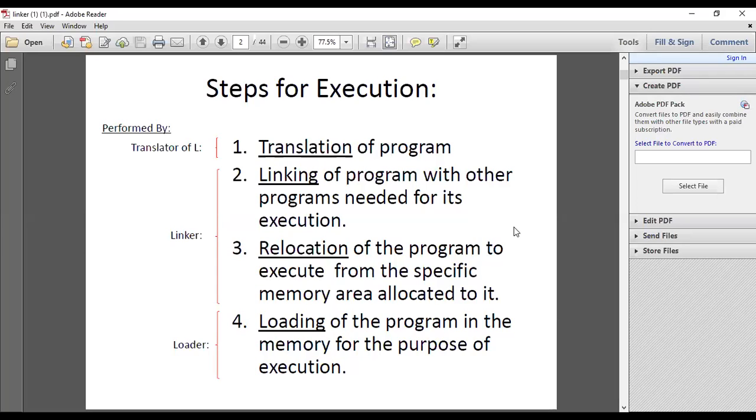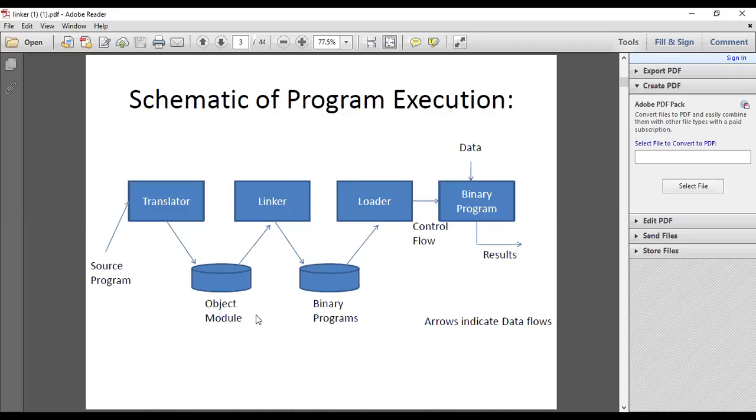In the first stage, the high-level language program is translated by the translator into the object module, and it is passed to the linker as the input. The linker will take the object modules as input and link all the object modules that are required for execution, and it will form a binary program.